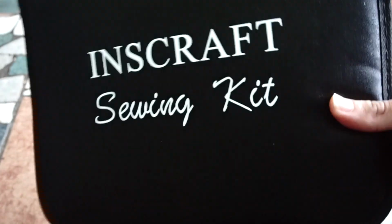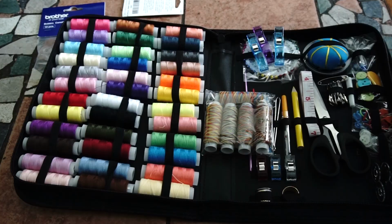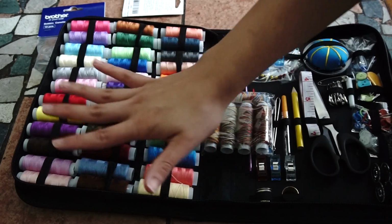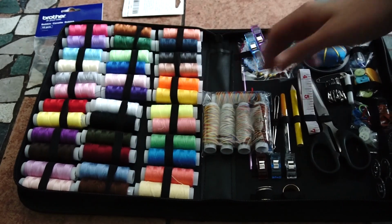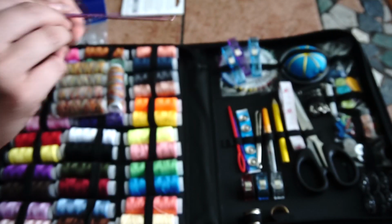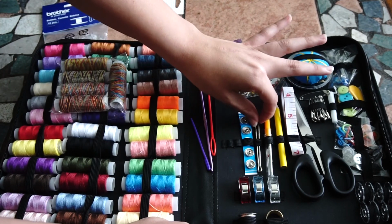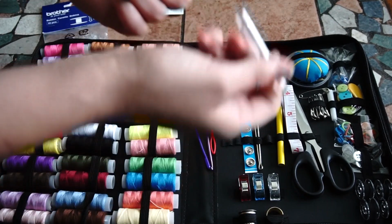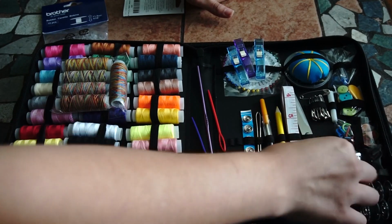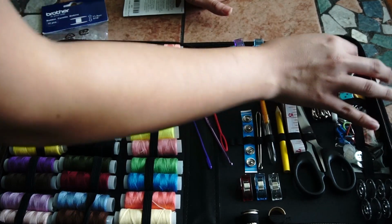Hi, hello, fashion. Look, we have so many things. We have, I think they said 41 of these little different colors, and they're super cute. I'm probably going to color coordinate these later because that's how I am. Crochet hook, which you can use as a loop turner, so I'm excited about that. A little thimble, some little clippies, buttons, little tweezers. This is a stitch cutter, so that's fun. This really has everything. Fabric marker, tape, measuring tape, scissors, needles, some handheld sewing needles, a little magnifying glass,